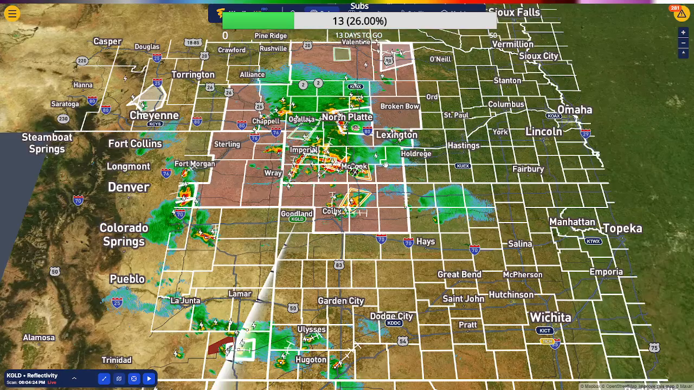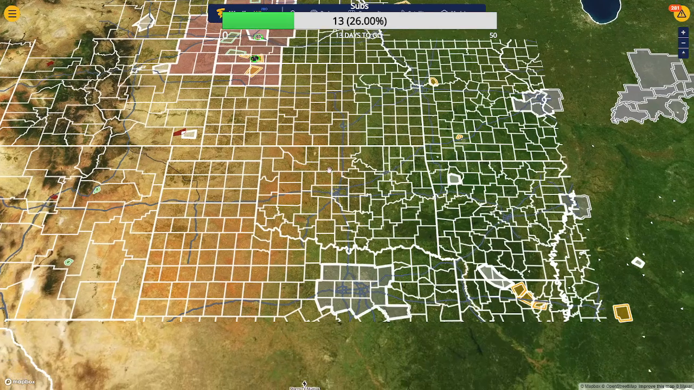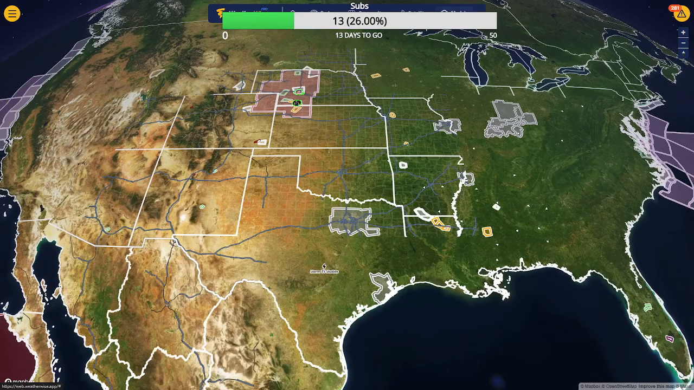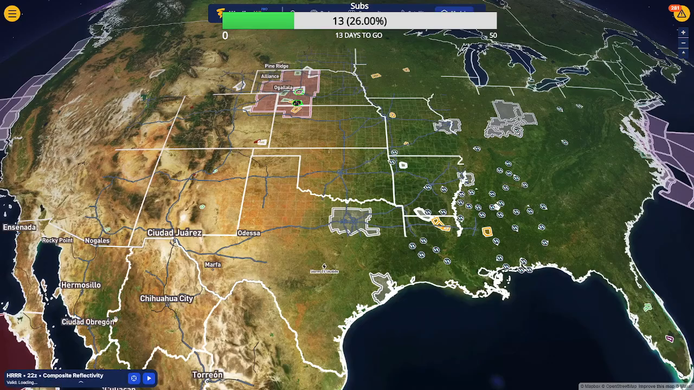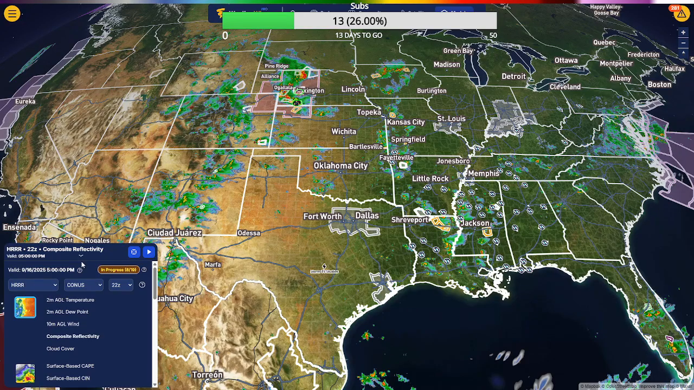So very phenomenal update that WeatherWise has released. Alright, so now let's go ahead and take a look at this huge update that WeatherWise has released. It's called Models. And if you click on models, you can actually go to the bottom left of your screen and you can